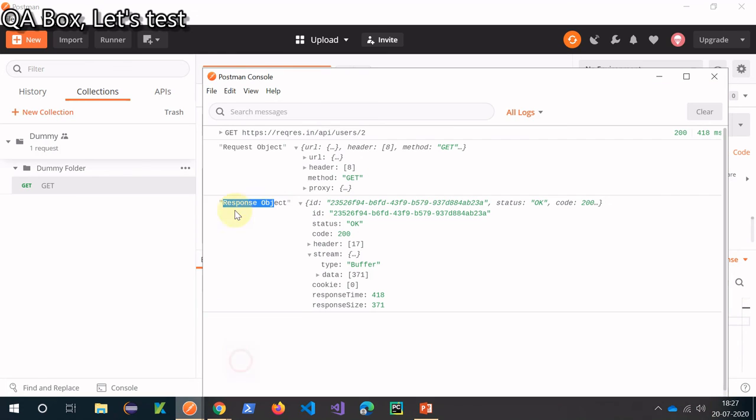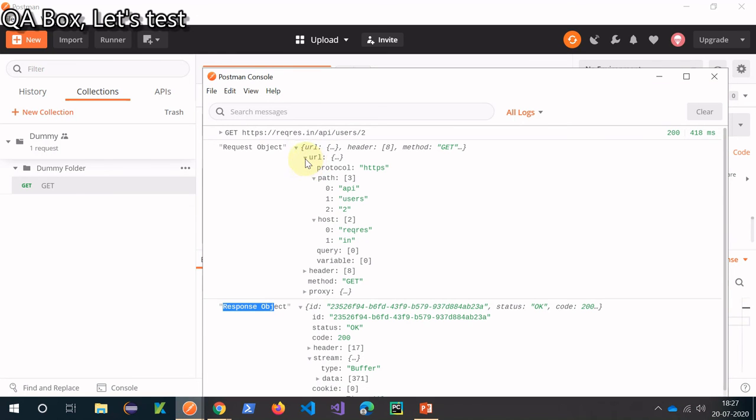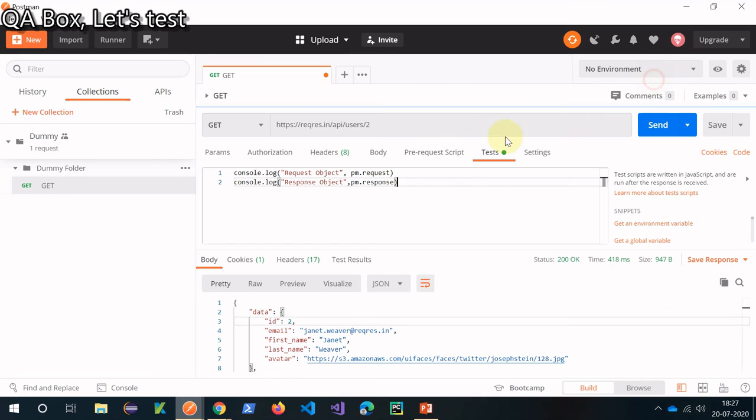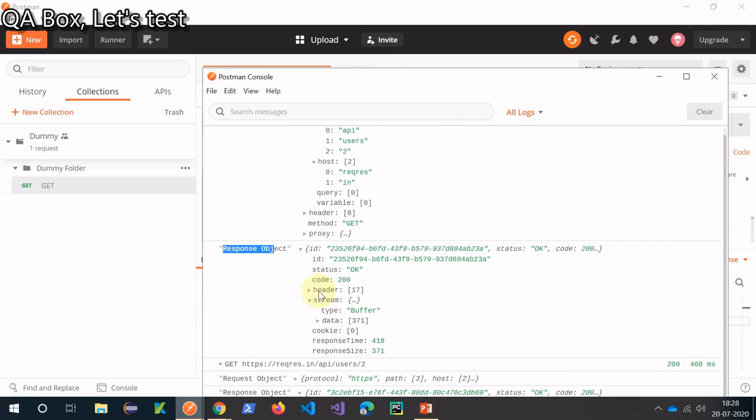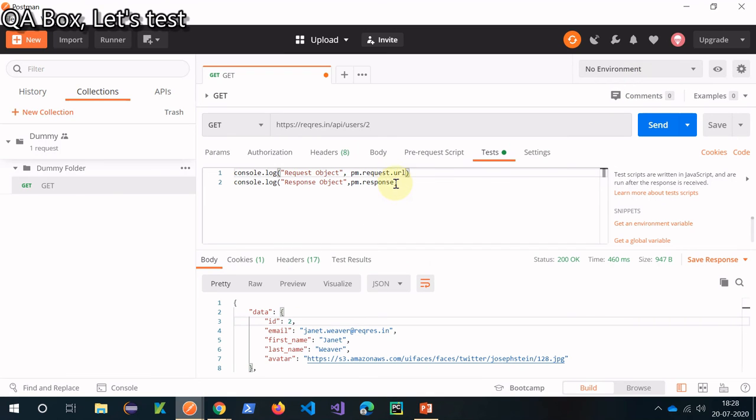So if you have the basic knowledge of JavaScript, all you have to do is click on your URL. So let's say you want to access the URL, since this returns an object, so I'm doing the URL, and now what do I see in my log, right? So all you see is this. All right, so it returns you whatever is there inside this. All right, so you can play with this more. Just use the member access operator. So this dot here is a member access operator. This is how you can access the properties of an object in JavaScript. All right, so this is for this session.